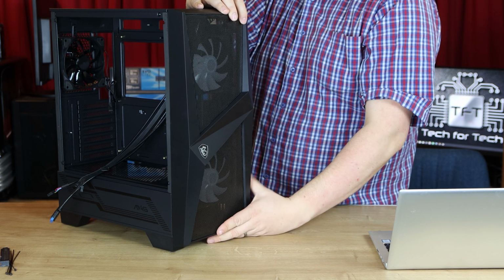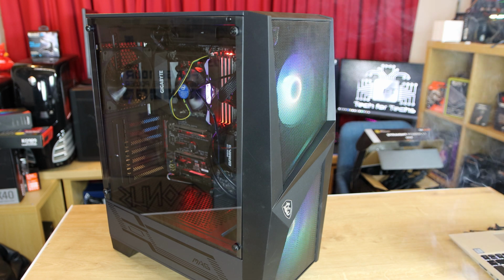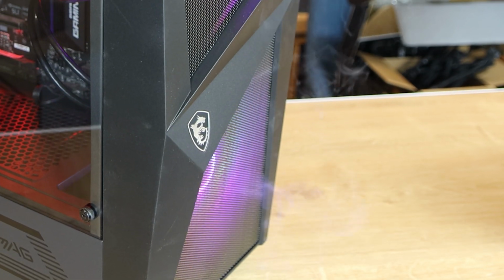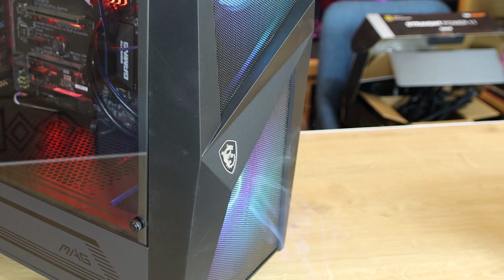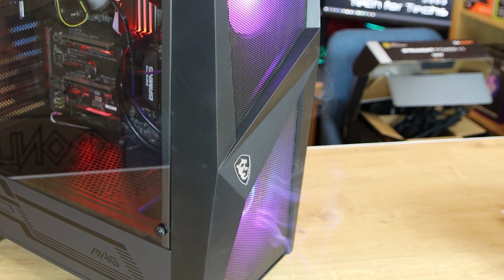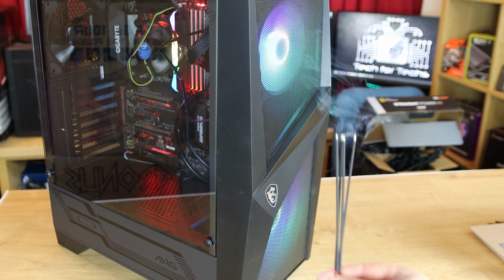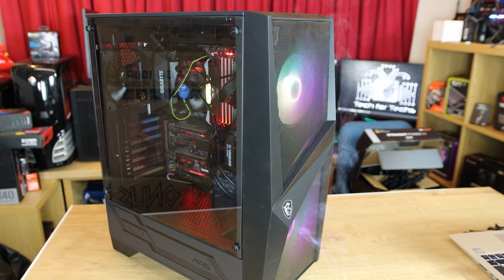So that looks pretty good as well. Okay, so now I'm just doing a quick smoke test just to see how much of the smoke it actually takes in, which basically shows how good the airflow is. Just to give you an idea, you've got those 2 fans on the front, and as you can see, that bottom fan is pretty much picking up all the smoke straight away, which means that's pretty good airflow on there. So you don't have to worry about the airflow at all on there, which is very